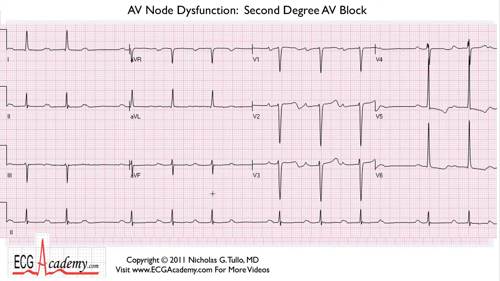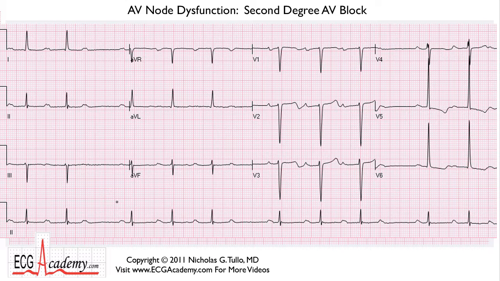Okay, here's an example of type 1 second-degree AV block. Remember, in type 1, the PR interval gets longer before a P wave fails to conduct. Now, where do you even start with this ECG? Well, I think it's important to first look at the forest, and what you see here are 2 beats, and